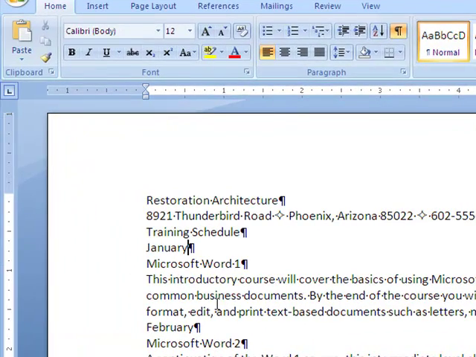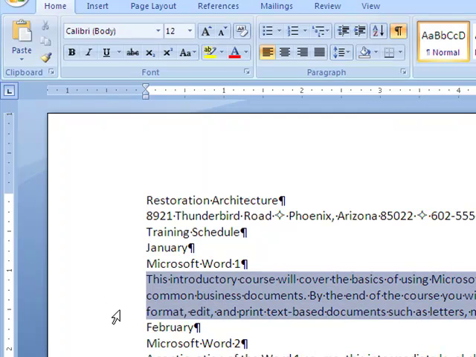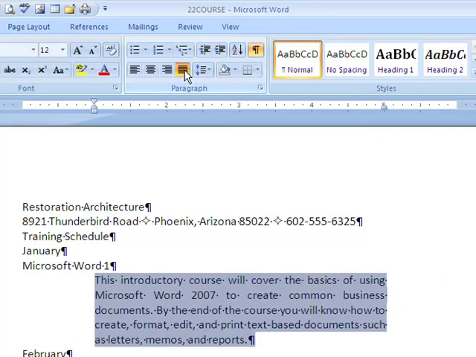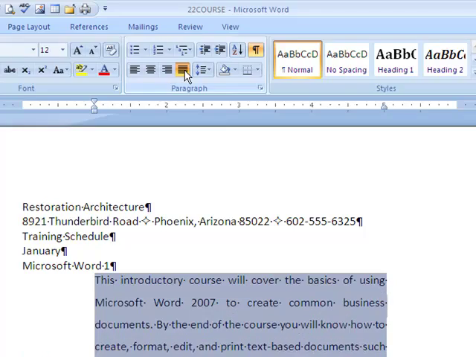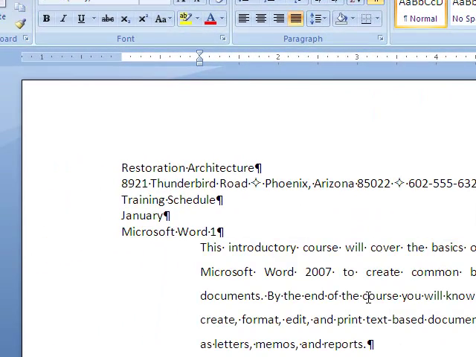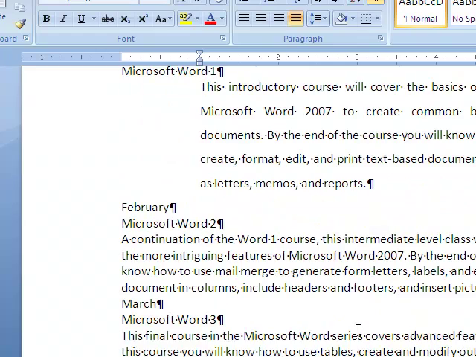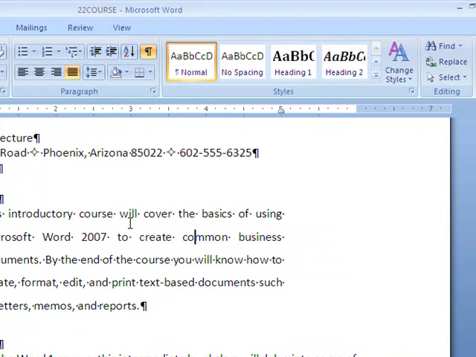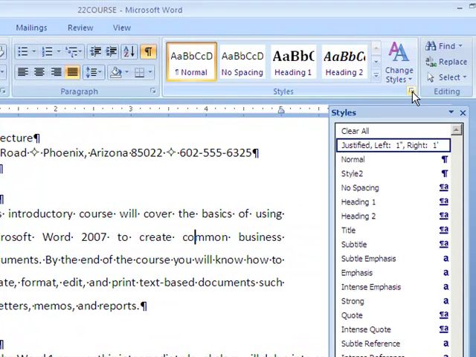Now, you're also able to create your own styles. So let's say that I have this paragraph here, and I think that I want it to be indented 1 inch from the left, and I want it indented 1 inch from the right, and I want it to be justified, and I want to line space it, let's say half, 0.5. Let's say this is what I want, and I want to repeat that several places in this document. I can now save this as a style. So I would come here to Styles,